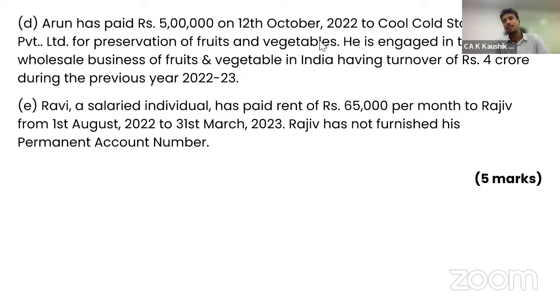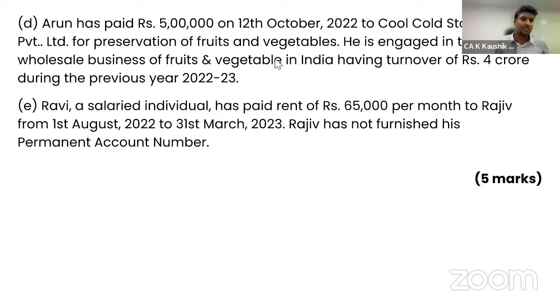So this is a private limited. Since it is a private limited, you'll have to deduct TDS at 2%. What is the amount paid? 5 lakh. 5 lakh into 2% is 10,000 rupees. Why is the turnover limit of 4 crore given? Section 194C says for an individual, 194C provisions are not applicable if the turnover for the previous year is less than 1 crore. If it is more than 1 crore, then the TDS provisions are applicable in the current year.